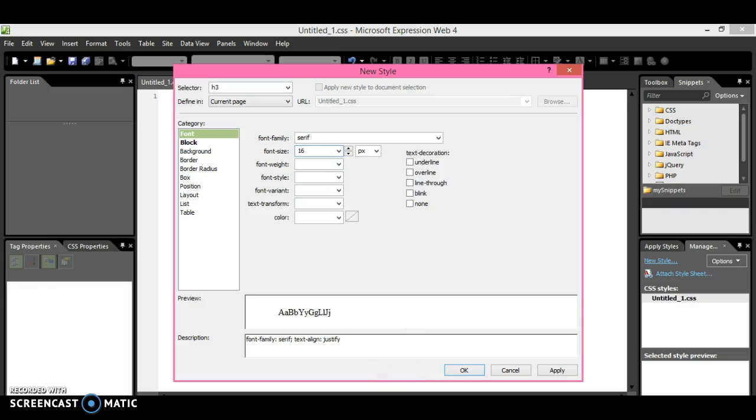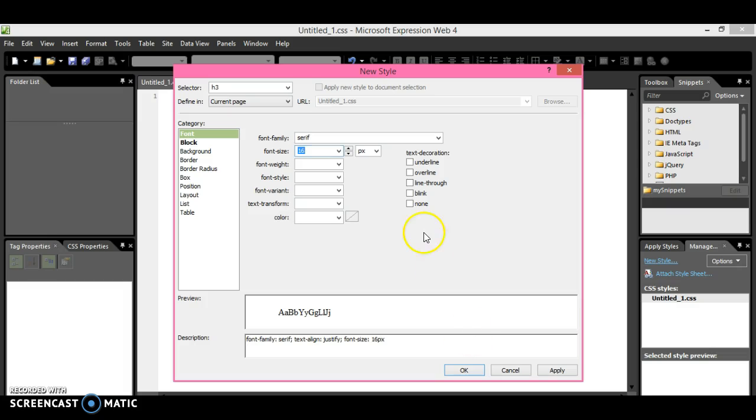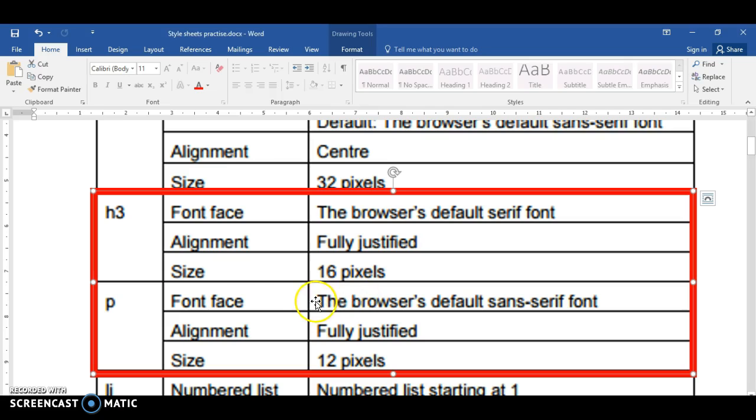Now you need to check exactly what they're asking for, because some don't ask for pixels, they ask for points. Okay, so if you go down here, you can see there's points, inches, centimeters, millimeters. I think that might be percentages, and I'm not sure what these ones are. But they want pixels. Pixels is px. Okay, so that looks to me like that one is done. However, we need to check